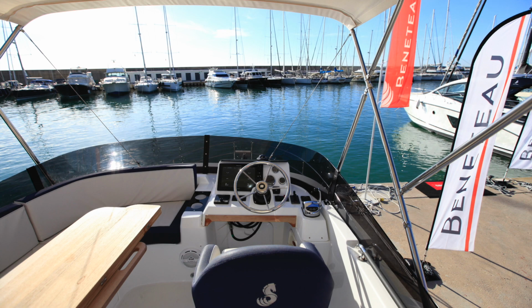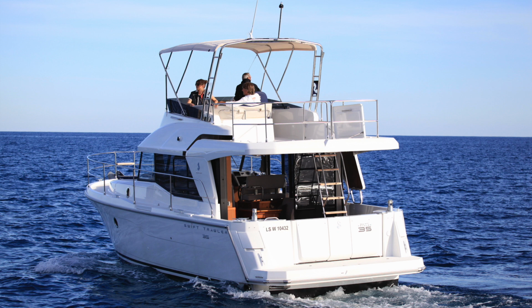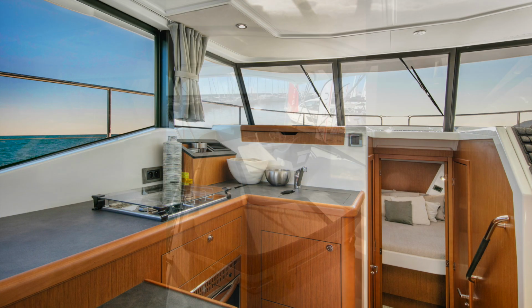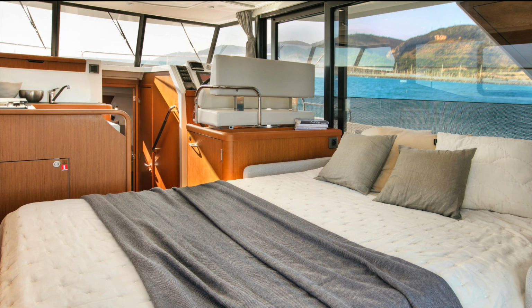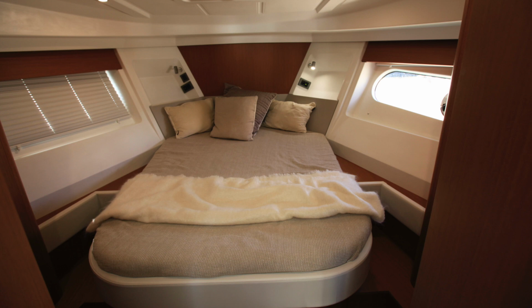The Swift Trawler 35 replaces the popular 34 and is a significant improvement in terms of layout, efficiency and sea keeping. It is a lot like the 30, only longer and a little bit slower. Apart from the huge lazarette and bridge that no longer has a mast in the way, other notable items are the lounge that is a real bed and the barn doors for accessing the owner's cabin that really do make